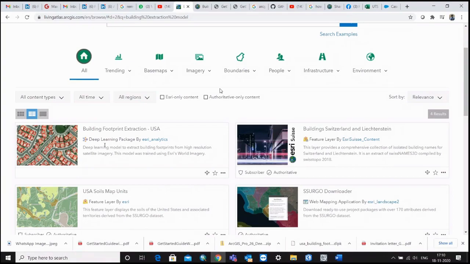So I tried it in a few other ways. I already have one high resolution WorldView image, so I tried the model over there, and I faced some issues. That may be an issue of projections or some other issues, so I need to do some R&D on why it is not running over the WorldView, because it runs perfectly over the QuickBird image in the demo they are showing. So if this model is applicable for any satellite image or any kind of base map, I thought, okay, let's try with our base map and see whether it will work or not.